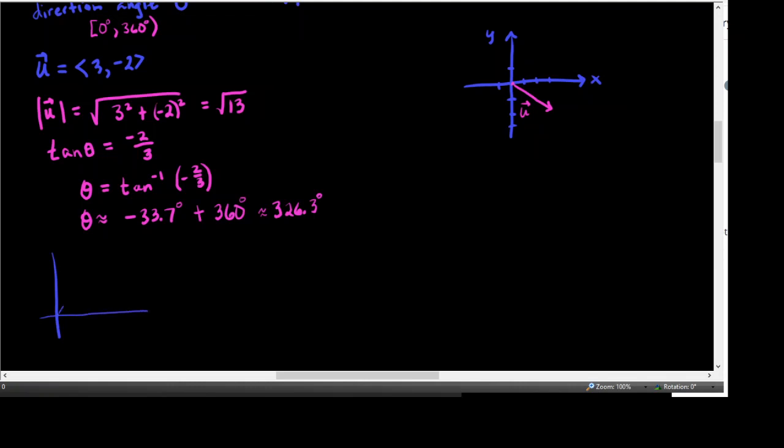Let's go with if we have a triangle, and the magnitude of this hypotenuse is the magnitude of vector u. So this is representing vector u, and its length is the magnitude. And if this is theta right there,